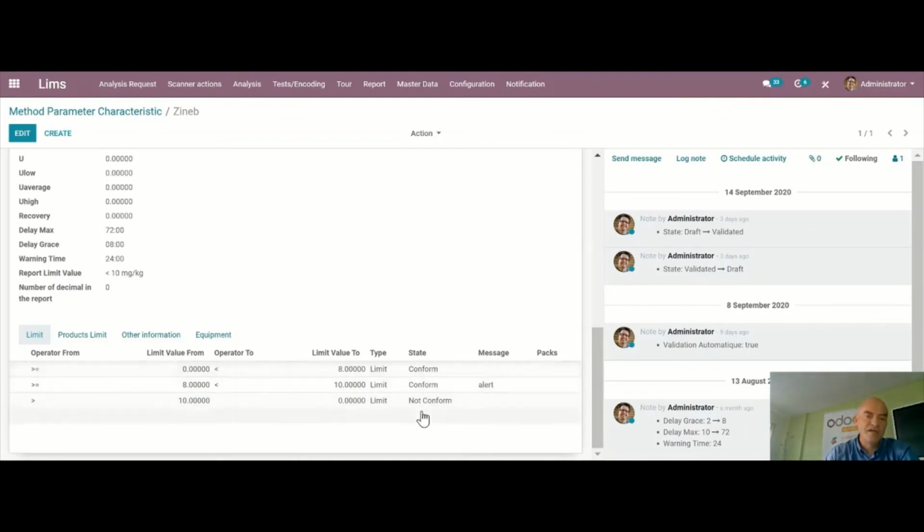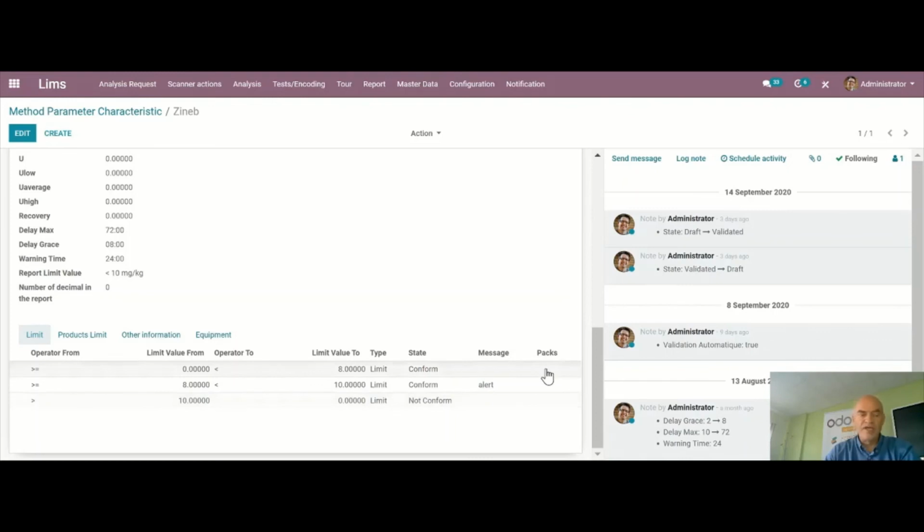Otherwise, your sample is going to be not conform. So we have default limits here, and it's also possible to set a specific message on the test report, but also to define additional packs, additional parameters. So if it is not conform, for instance, you can define that you are going to analyze more parameters,